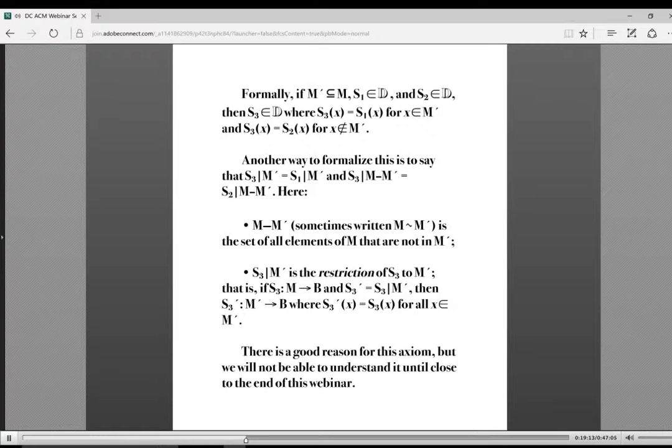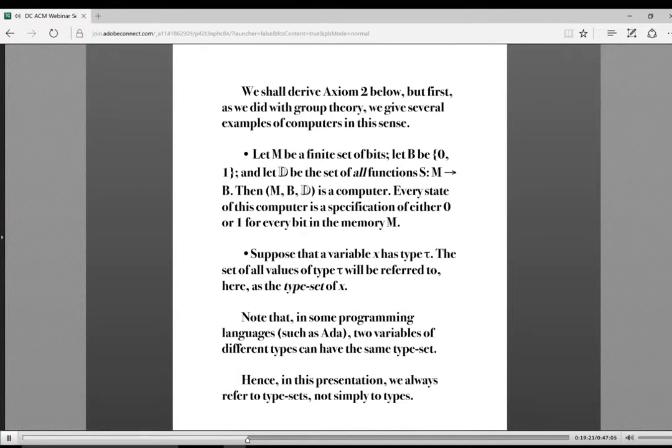There's a good reason for this axiom, but we will not be able to understand it until close to the end of this webinar. We shall derive axiom 2 below, but first, as we did with group theory, we give several examples of computers